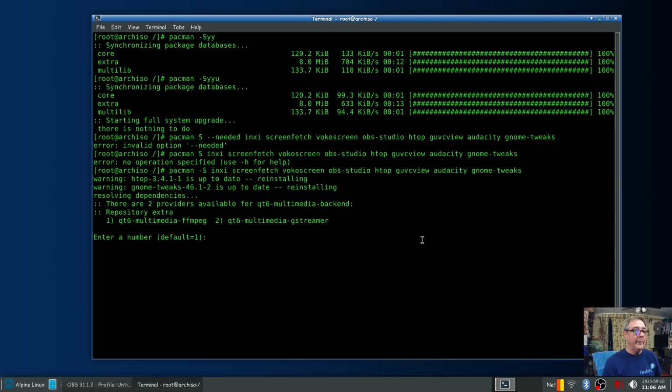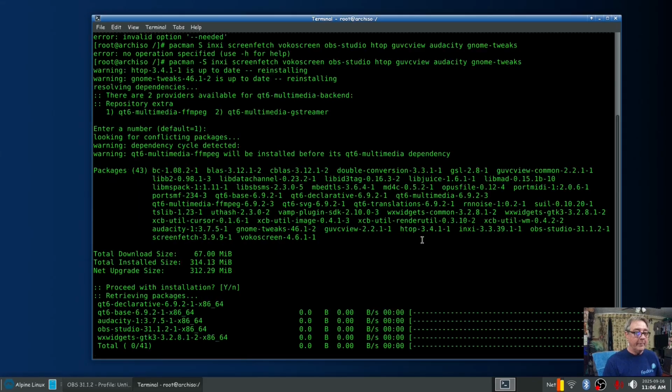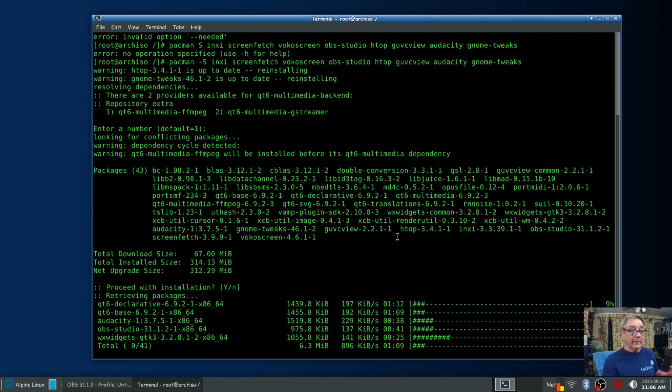Now we'll do ffmpeg default. This is going to be a 67 meg download. Now, I am installing Gnome, and I'm pretty sure they've gone to Wayland, although they still have some X software available, and it does work. But the last time I tried with Wayland, I couldn't get Focus screen. I had a hard time getting OBS Studio, a bunch of that stuff,